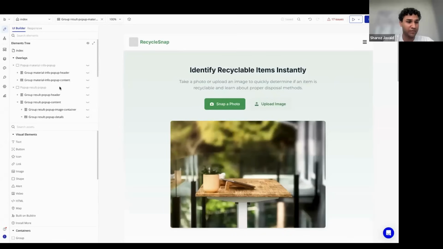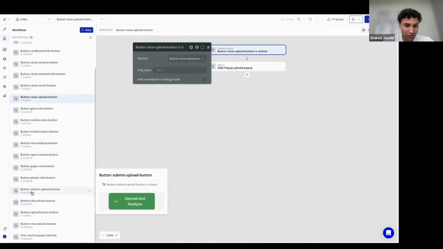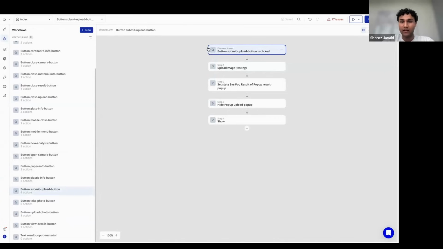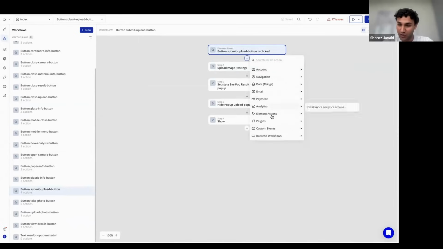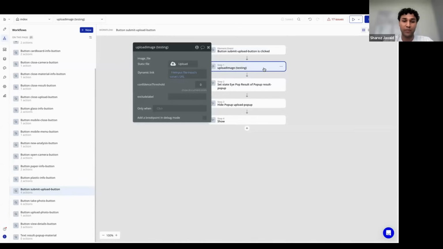So if we go back into our editor and we go into workflow, we'll land in a page which looks like this. And we were on the button submit upload button. So we just click that. So once this button is clicked, we just need to add a step. And for that step, we click the plus button, we go down to plugins, upload image. And that will lead to a page which looks like this. We want to pass in our image path, so that URL essentially describing where the image is,